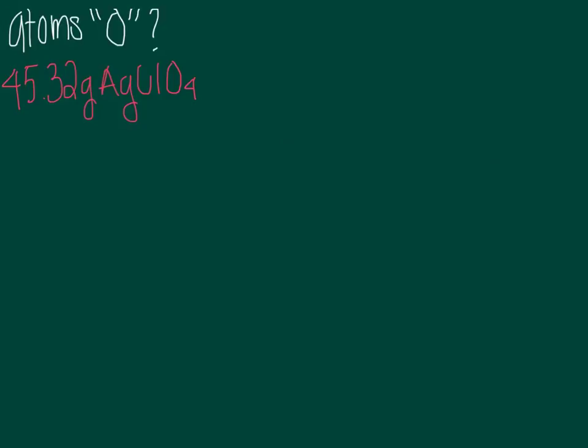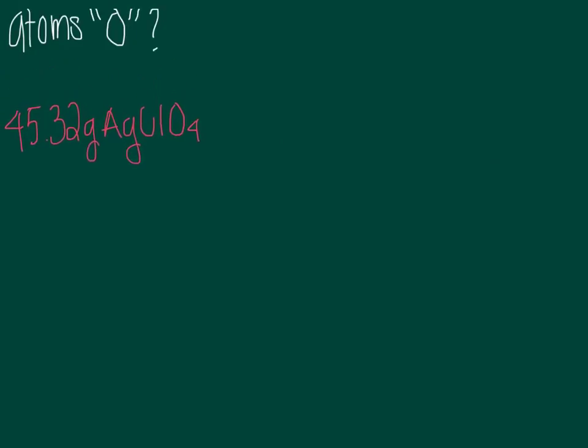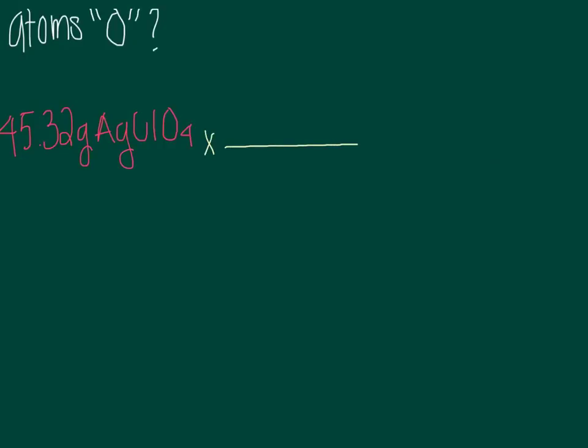So now that we have seen our setup in order to conduct this equation, we're going to put it into effect. So we are going to start with the 45.32 grams, as I had said, and then we're going to find the total mass of the AgClO4, and you do that by adding up all of these masses together. So, for example, Ag equals the